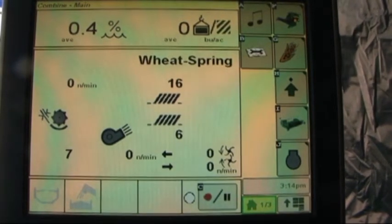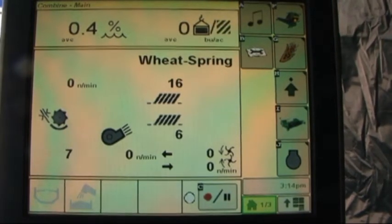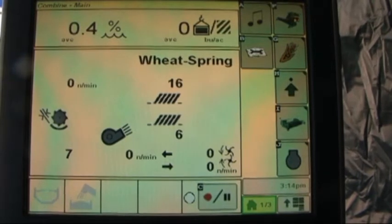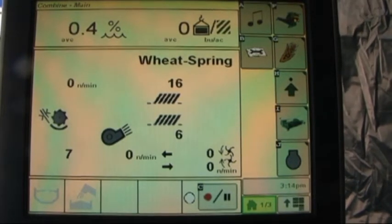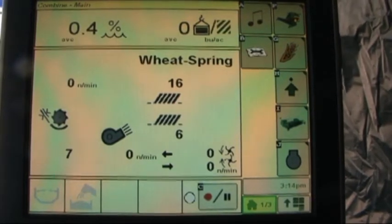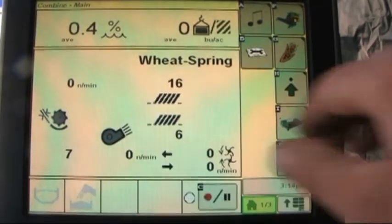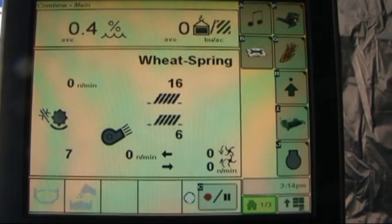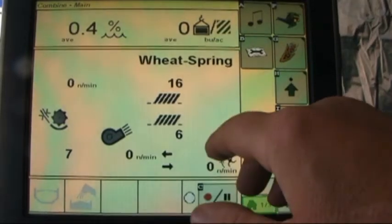At the moment we're looking at page 1, our combine main page, indicated in the top left hand corner. This is what's going to give us all of our combine settings and basic setup of the combine. For those customers who are familiar with our 70 series, this portion of the page will look familiar. For those of you that are not familiar with it, a brief description of